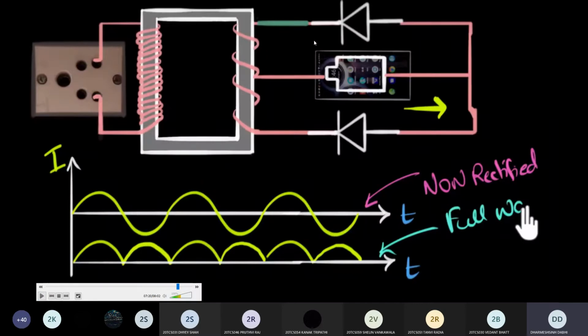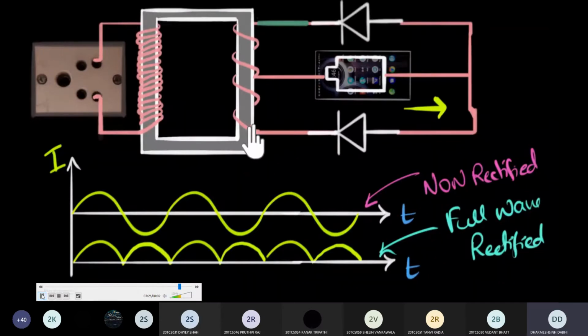Clear? But the concept is same. The current flowing into the load is same. Clear? In our presentation, the current is flowing from right to left. Clear? In both the cases, because here the orientation of the diode is exactly opposite. Clear? So the concept remains the same, but you can draw any orientation, the left hand side orientation of the diode, or you can draw the right hand side orientation. Clear? The concept remains the same. Rectified.